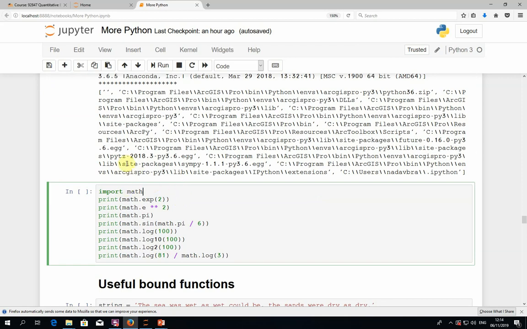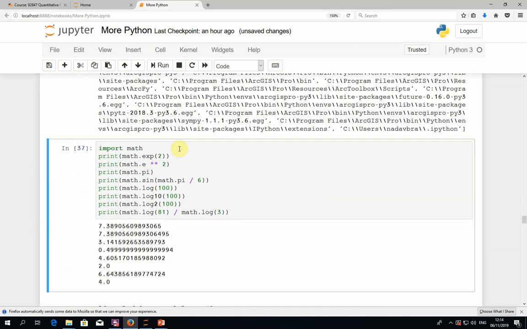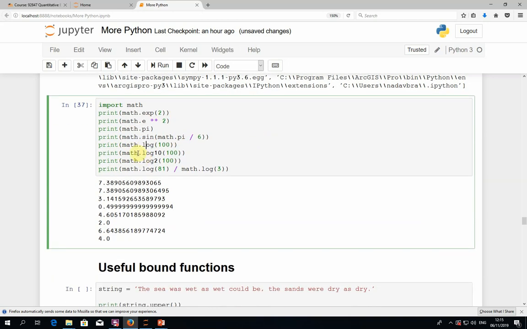Another quite useful module is the math module, which gives you some mathematical operations that you may want to use. For example, you can use the exp function to calculate e to the power of something. Or you can just get math.e, which will give you a reference to the constant e. Likewise, you have math.pi for the pi constant. You can use trigonometric functions like sine. You can have the logarithm if you want. By default, if you call the log of something, it will be with the base of e, 2.71. So the log of 100 will give you